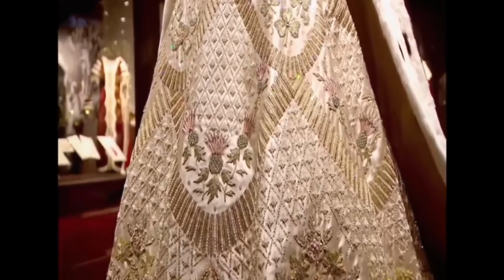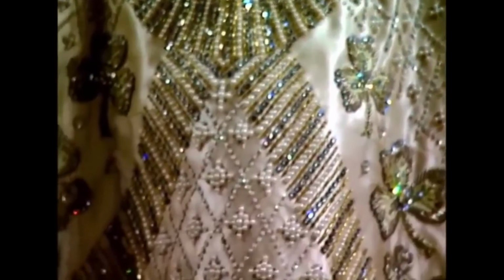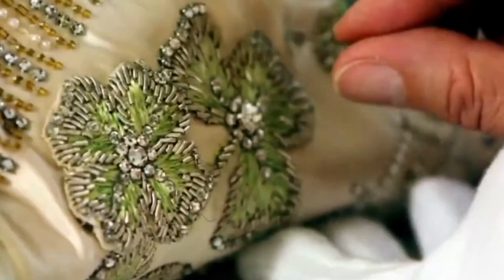Unknown to the Queen, Hartnell actually added a wonderful secret detail, which was a little 4-leaf shamrock, which he placed on her left skirt, just underneath where her hand would be resting in the ceremony. A secret message from the designer to the Queen on the dress that would be immortalised as part of the